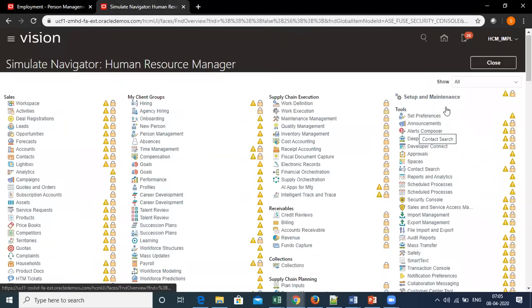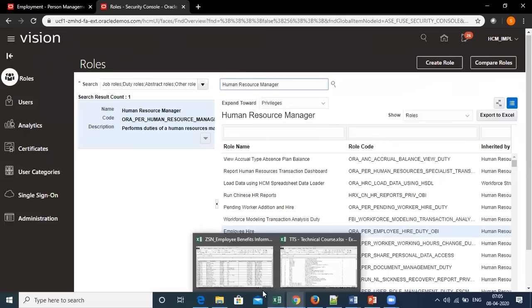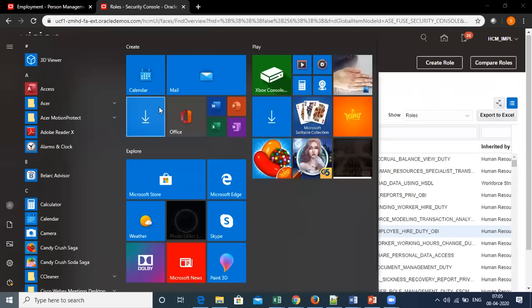Now let's go for other options. These are all the seeded roles as we discussed yesterday. Oracle restricts you from making any modifications in the seeded roles. Why do we have this concept of the seeded role, or why is there a restriction on the seeded role? Let's take a small walkthrough on that.